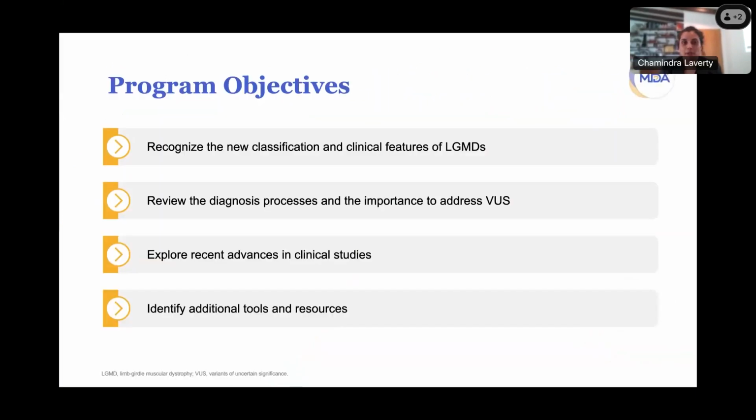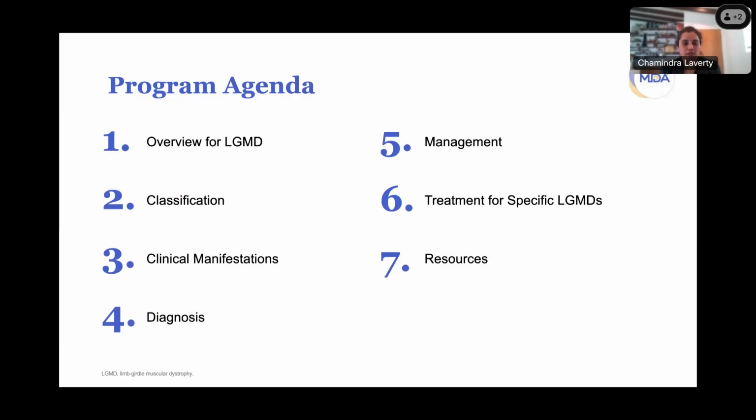All right, program objectives are to recognize the new classification and clinical features of limb-girdle muscular dystrophy, review the diagnostic process and how to resolve VUSs, explore recent advances in clinical studies, and then we're going to show you some additional tools and resources that you can use to help with the diagnosis and VUS resolution at the end. The program agenda follows a very similar pathway, with classification, clinical manifestations, diagnosis, genetics, and treatment as it stands right now